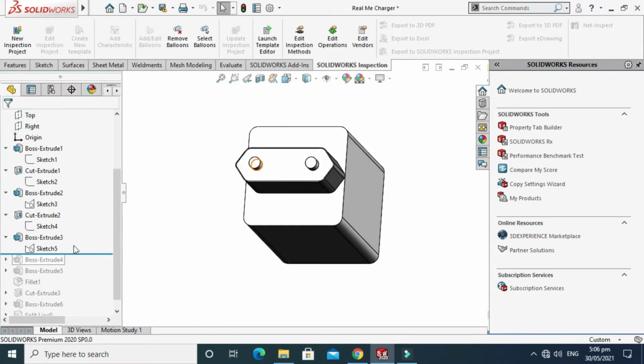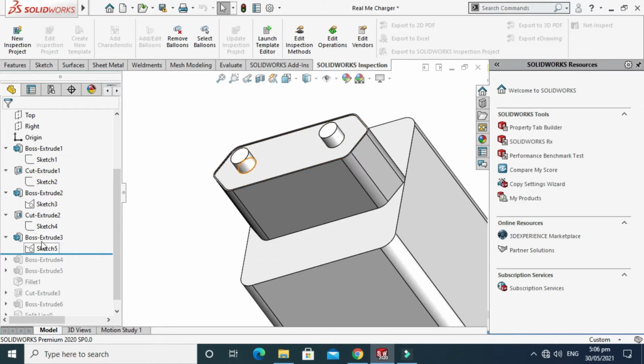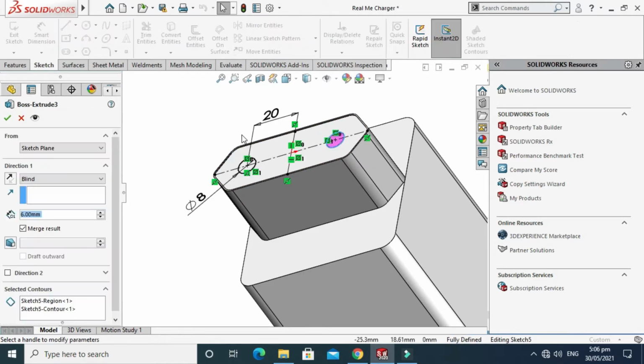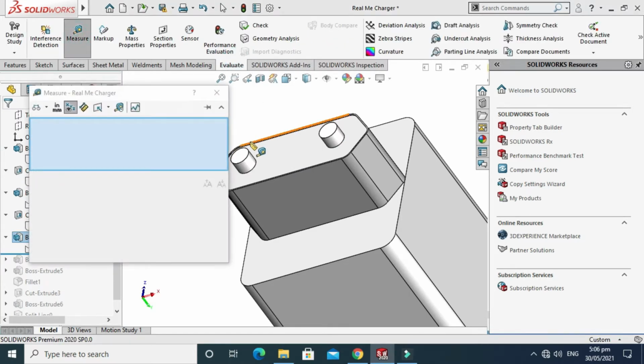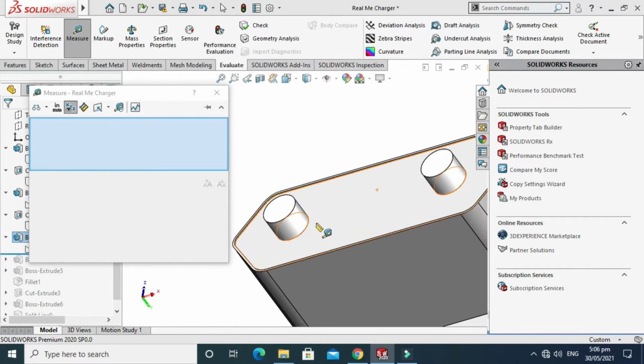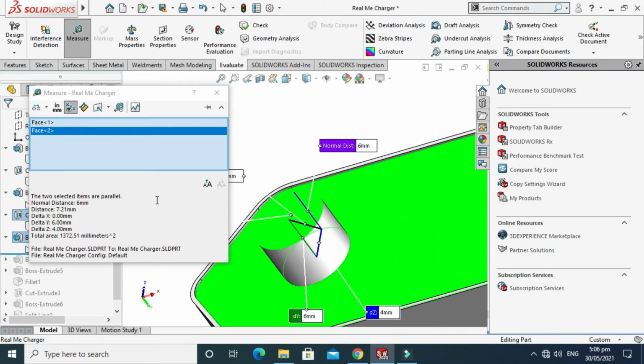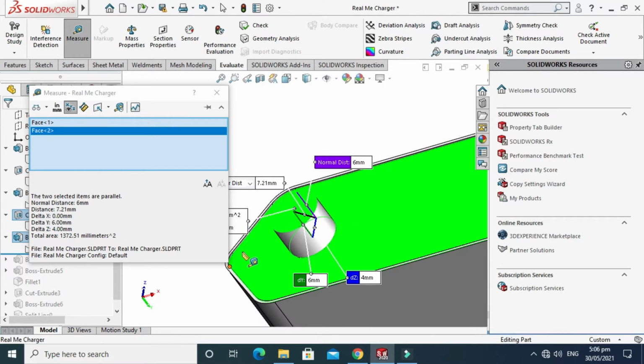Just select OK, and the height of this boss extrude is 6 mm, and I can see it from here as well. Let's say I'll go to evaluate, go to measure, and select this face and this face, and it is also showing that the distance in the y direction is 6 mm, right?